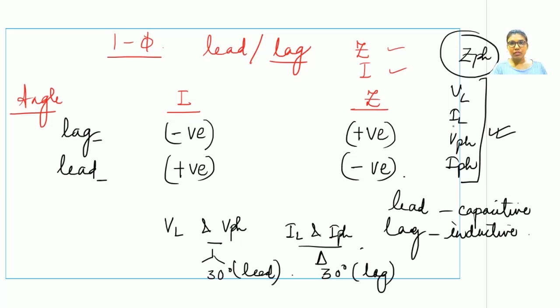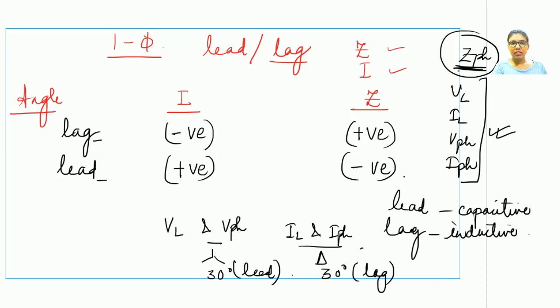And please do remember, there is no quantity called ZL while solving the numericals for a three phase circuit. Do not try to convert this load impedance present per phase into ZL. That is incorrect. So while solving these three phase numericals, we will just be focused on the angle that is being carried by this Z phase.